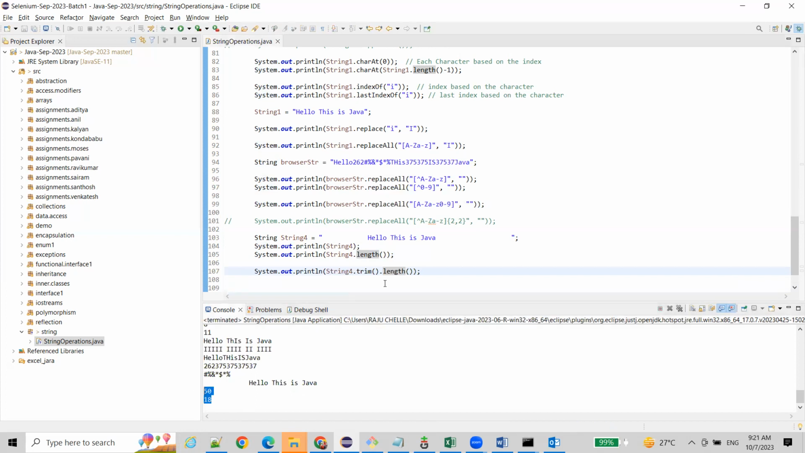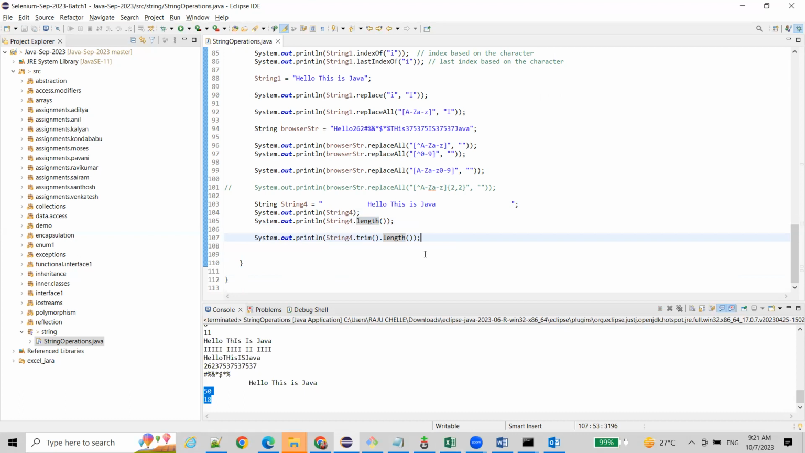See, from a web browser, if you get a string with spaces, you can remove the spaces before and after the string. If you have any spaces in the middle, those you cannot remove. After splitting each word, you can trim it again. Okay,